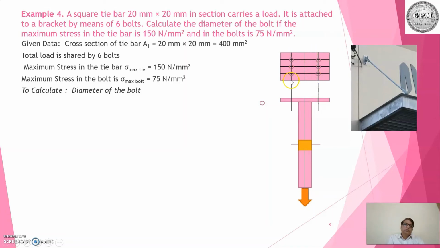The force. This force is applied at this point, and it is borne by how many bolts? 6 bolts. Since it is acting at the center, this is the top view and this is the front view here. So it is distributed to all of these. If P is a certain load, that is divided by 6. When you divide it by 6, you can calculate the load for each bolt, and then, if you know the stress of the bolt, you can find the diameter.